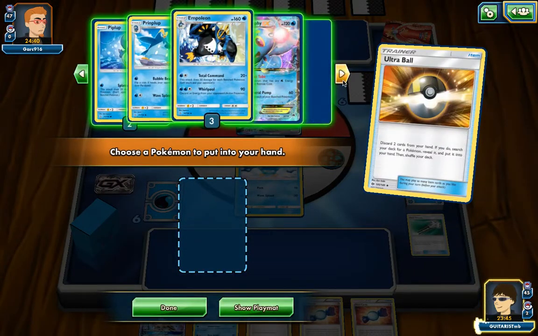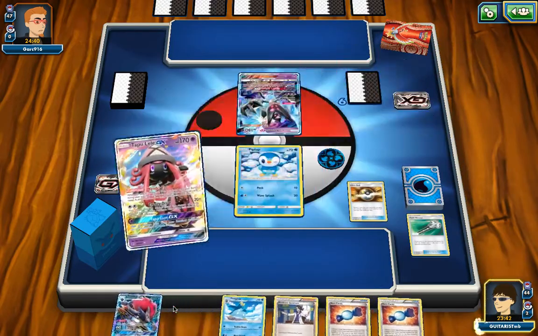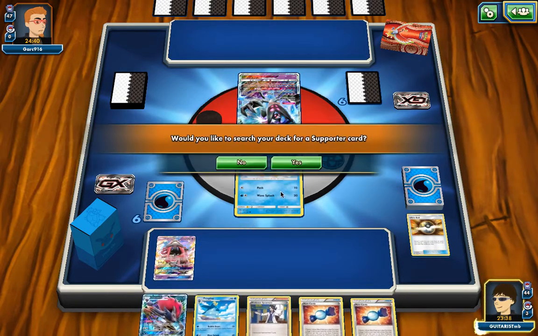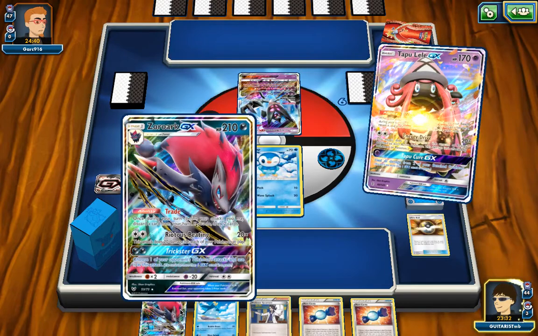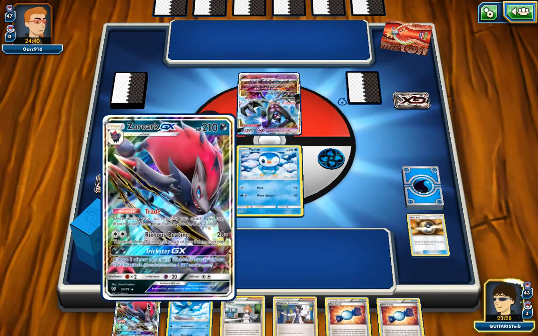Let's go ahead and grab Tapu Lele. I am only running 2 Tapu Leles in this variation right now. Like I said, all these things in this deck are up to change in the near future, and I'm just super excited where this deck is currently at. I've seen some variations where people use Octillery instead. I just like the versatility a little bit more of Zoroark